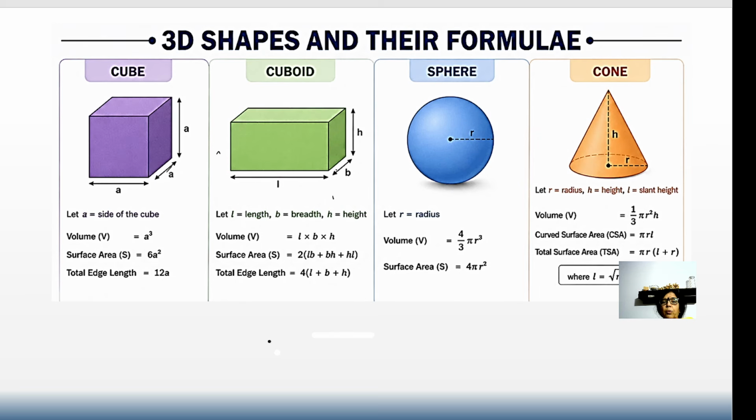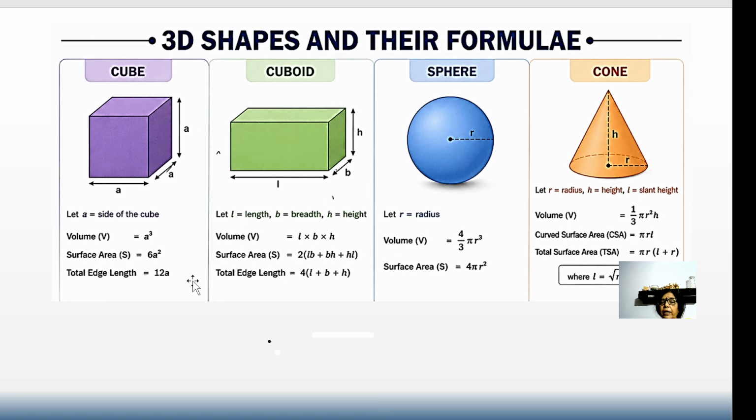So now let us move on to solving some questions based on combination of solids. But before we do that, we'll have a recap of the different 3D shapes and the volume and the surface area that we have learned last year. We have done the derivation, we have understood these formulae. So now let us have just a brief recap so that when we apply the formulae in our questions this year, it will not be very difficult.